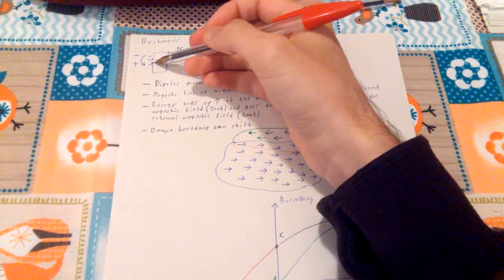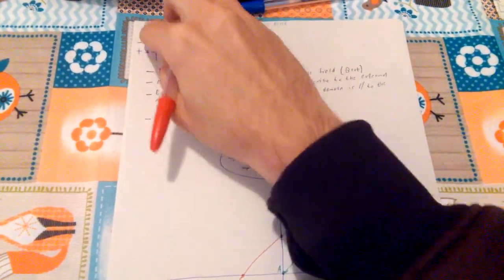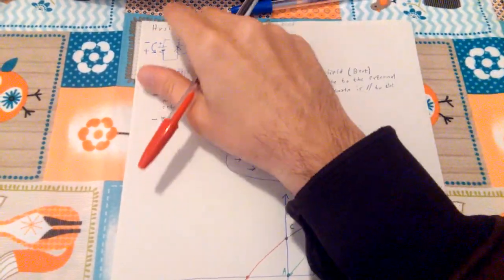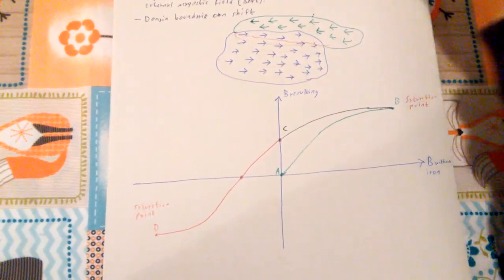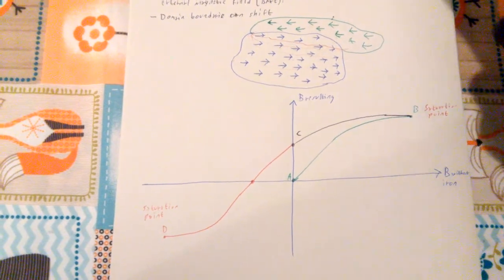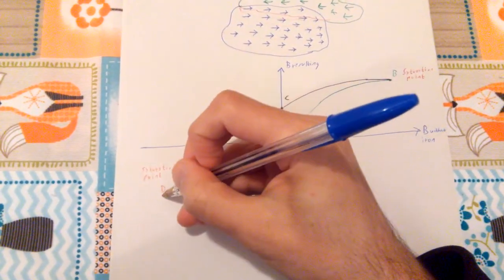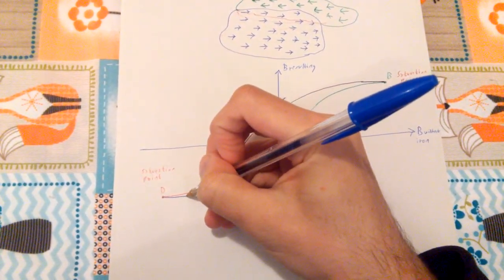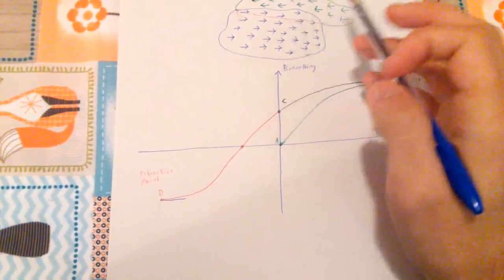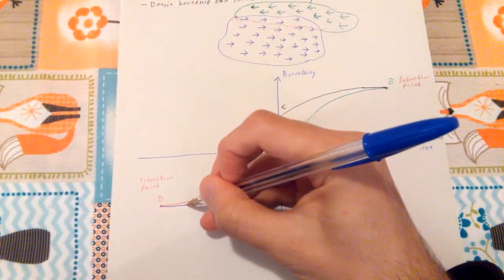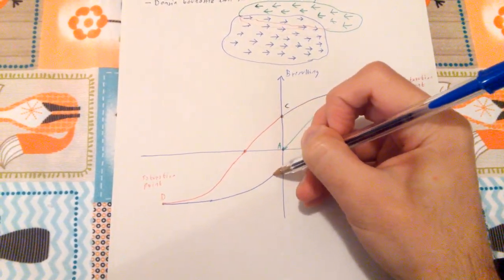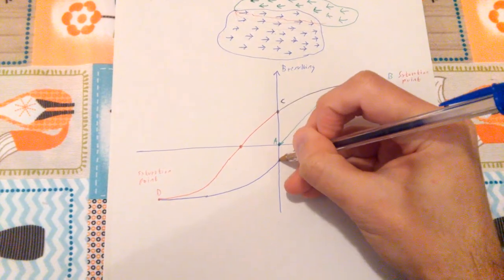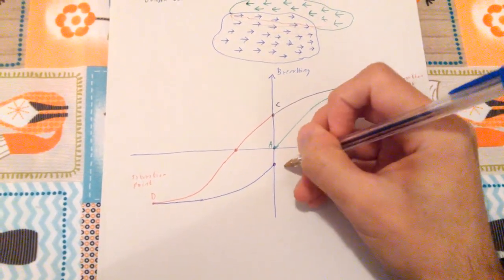Now, if I interrupt the current and remove my battery again, which was in the opposite direction, and I take it off, I'm not going to have current any longer. Let me use the blue pen. Then the blue one is going to lose some territory, so it's going to go back here. I'm going to have this other point, which I'm going to call E,